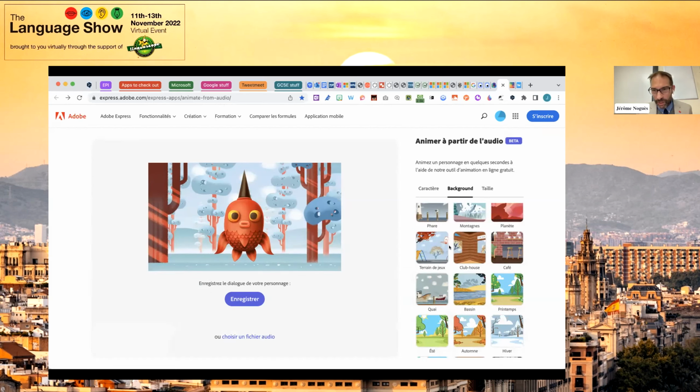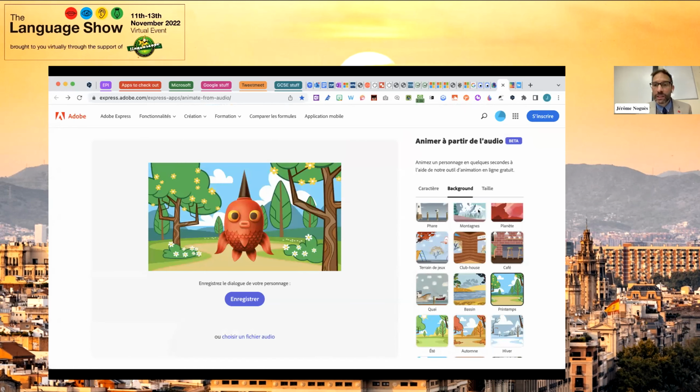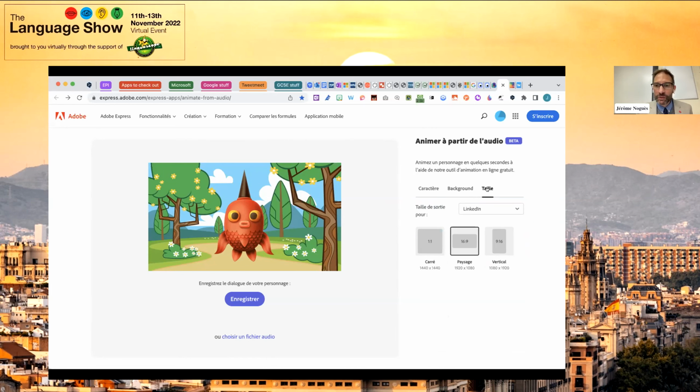I've got this funky background in the back there, but how about a big printemps? You may have noticed also that the app is in French. I have no idea what's in French, by the way, but it's okay. It's on Adobe Express. I will put the link later on for people who want to have a play. It's really, really fun. Then after you've got the size here, and you can adapt it to whatever platform you want to publish on. So Instagram, Facebook, Twitter, and all the rest of it. And you can personalize it also at the bottom. So what you do, and what I was really amazed by yesterday when I was playing with it, is the lip movement when you actually speak is very, very impressive.